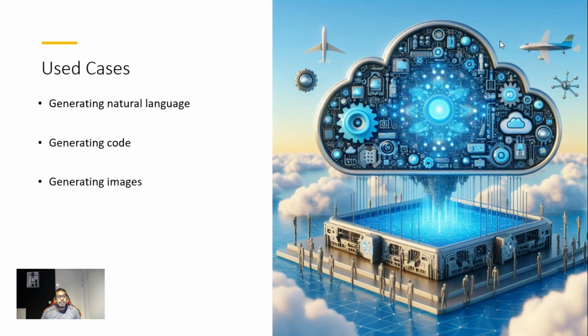Going further, as of now, we know the most common use cases for the AI are below. Generating the natural language model, which is like you give a series of text to the AI, it would be able to give you a better output. If you want to summarize a paragraph, it would be able to give you a better output. So the most common use cases for general generating the natural language, and the second one is for generating the